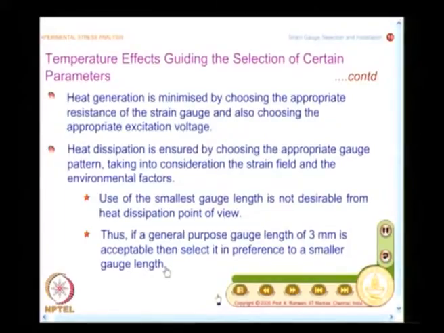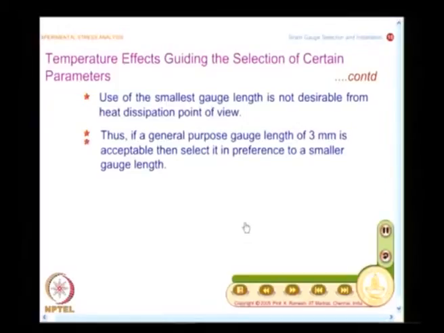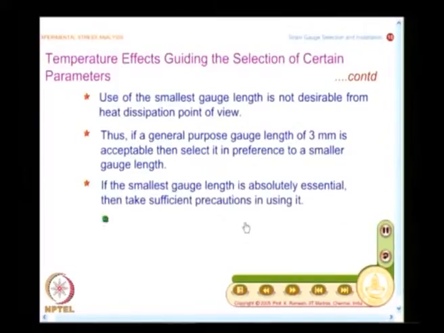So, this is the recommendation. You need to go in for a longer gauge length from the heat dissipation point of view than what you would normally do if you are not exposed to strain gauge technology.